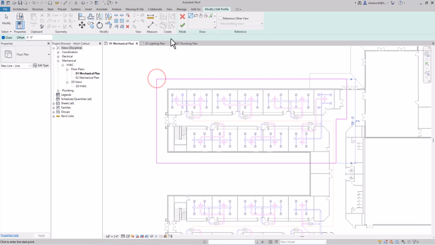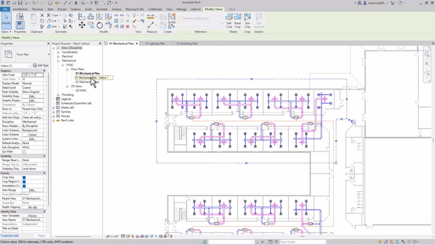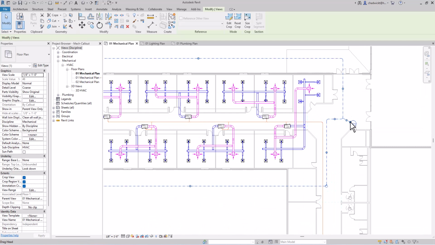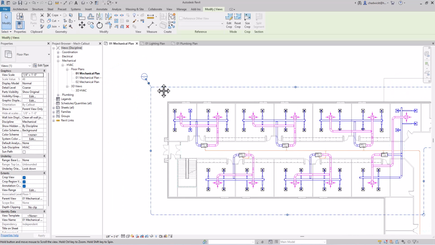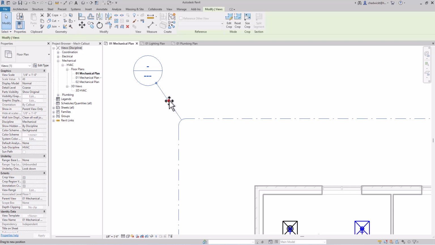Then once I've closed my sketch, I can go ahead and click Finish. And as you can see, a new view was created. You'll also see a little callout bubble here. So I can click and drag the little head of the bubble to place it where it might work best. I think I'll place it over here on the upper left corner. And if I zoom in a little bit closer, I can also set this line to be horizontal.